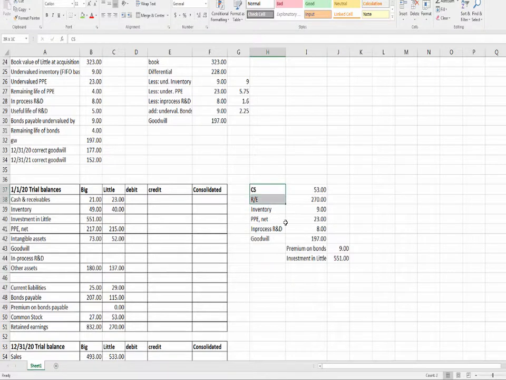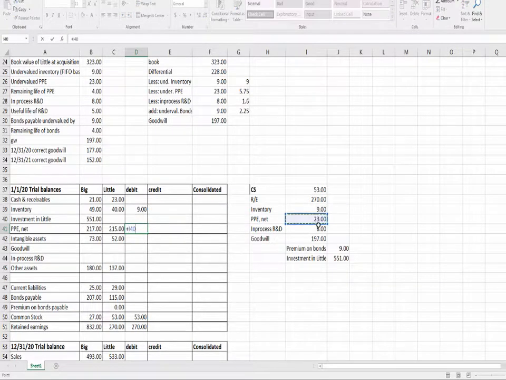And again, as I've said repeatedly, this is the hard part. After this is simply a mechanical process of transferring debits to the debit column and credits to the credit column. So again, using my finger and my mouse, I'm going to post that common stock, plus that retained earnings, plus that inventory, plus that property, plant, equipment net, plus that in-process R&D, I've got that account just waiting for me, plus that goodwill